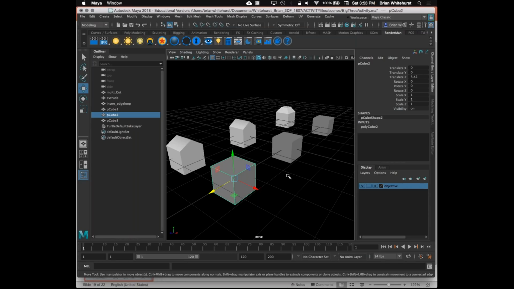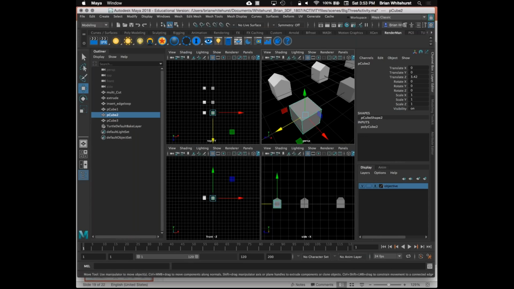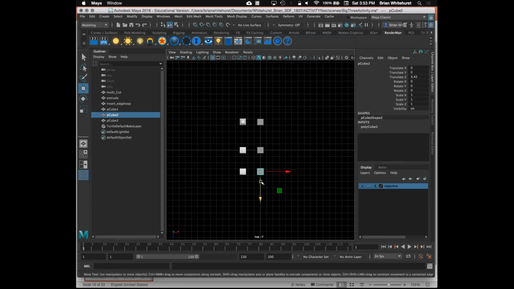Cutting tool. Cuts through multiple polygons. The multi-cut, sure. All right, let's try it. So let's see how this thing works. Let's go and zoom in here. I'm going to go to my top view and